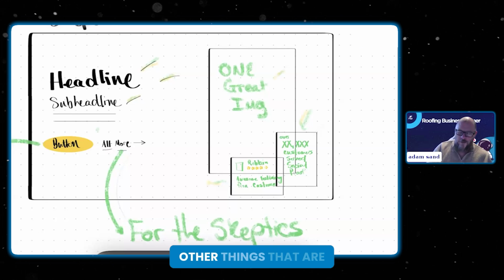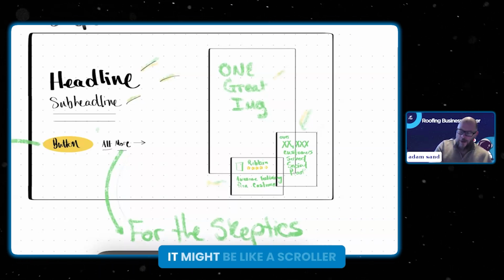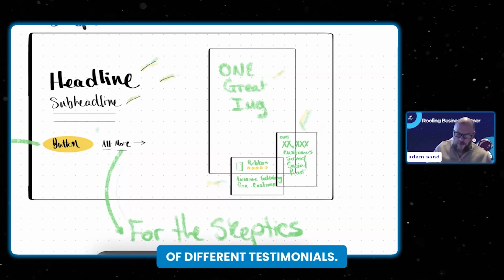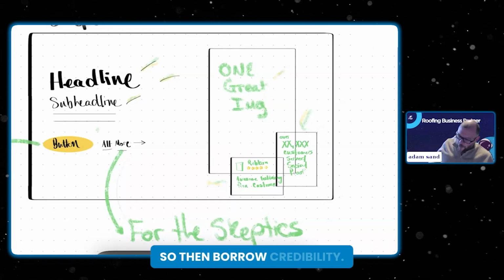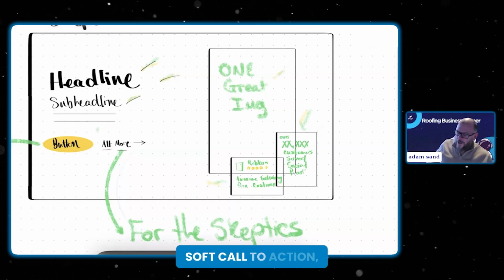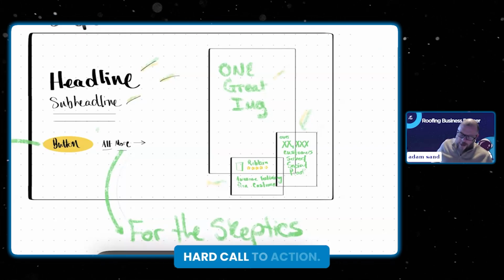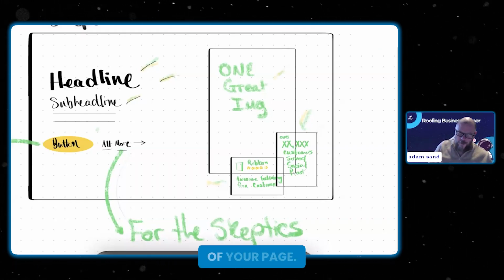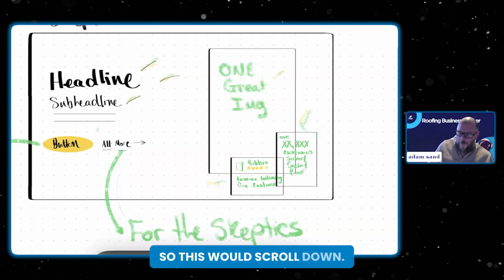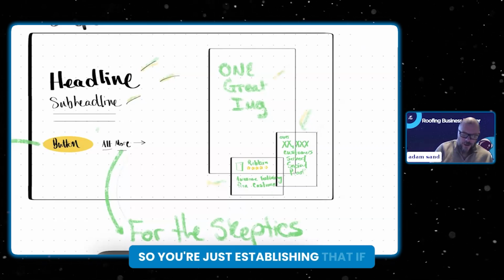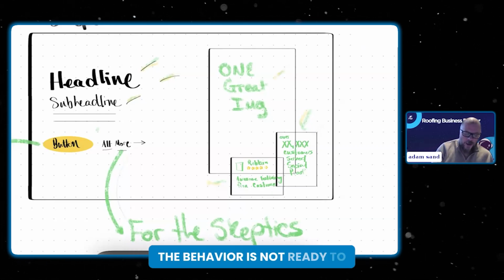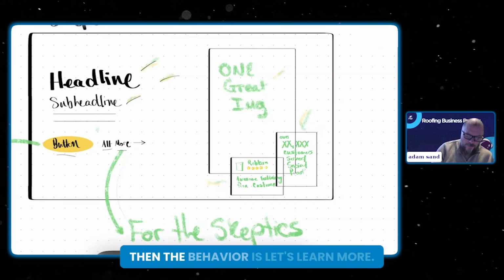because usually right below here, you're going to have other things that are social proof. It might be a scroller of different testimonials. And then below that is usually information about the product. So then borrow credibility, social proof, soft call to action, frequently asked questions, hard call to action. That's the total layout of your page. So this would scroll down maybe half a page or 1 page, to take them to learn more. So you're just establishing that if the behavior is not ready to be a call to action yet, then the behavior is let's